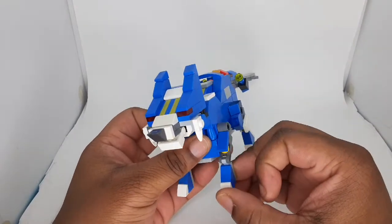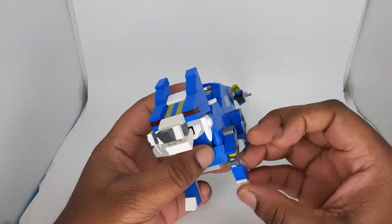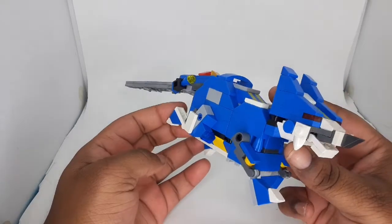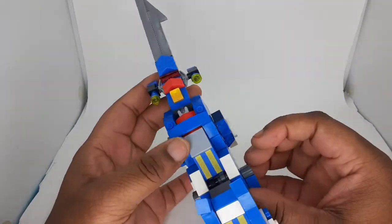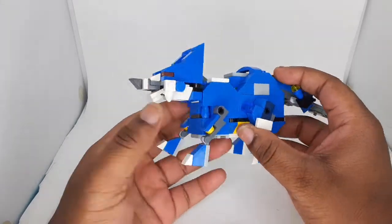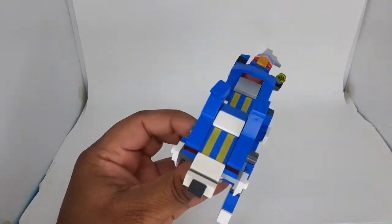You know, there isn't really much, but no, I can't say it's not much. It's pretty articulated. So he has a lot of articulation, so you can get him in little running poses and stuff. So, you know, he's a dog. He can do dog stuff. This is him. And yeah, that's pretty much it, guys, for the blue. Let's get on to the...